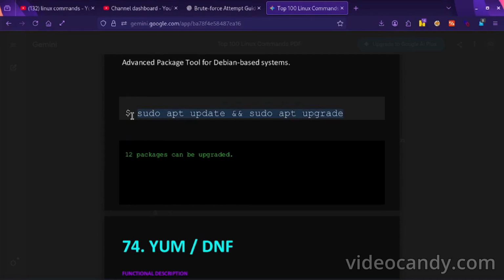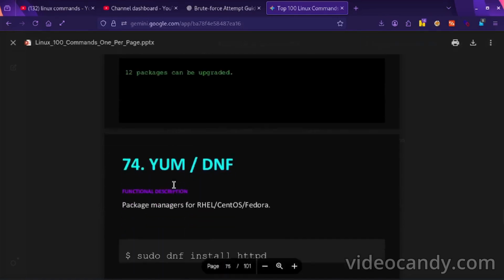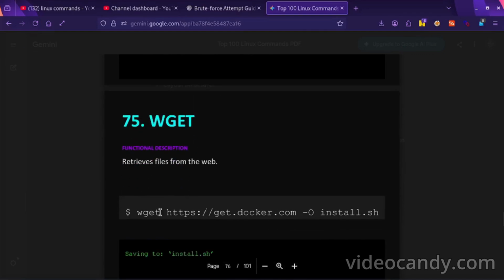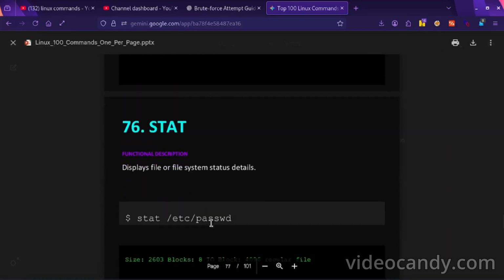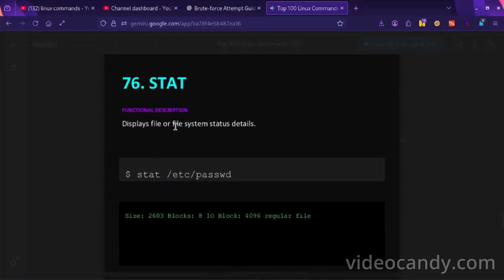We have to install everything with apt. wget, I had told you already, downloads files, and -O is for saving to a file. stat: display file or file system status details.